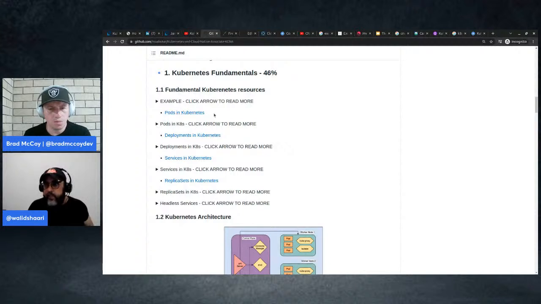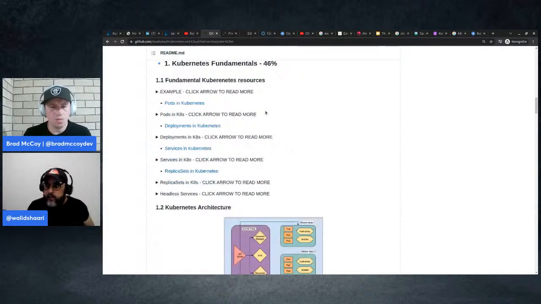And I think that you will do really good in general in CKA, CKD, whatever, if you understand the pod concept very carefully, and the pod object, because every other object is based on pods.